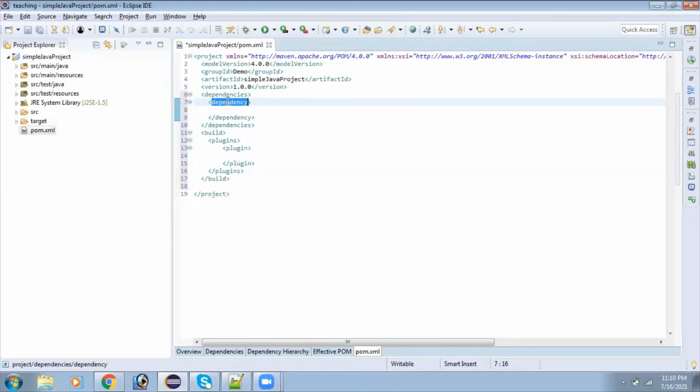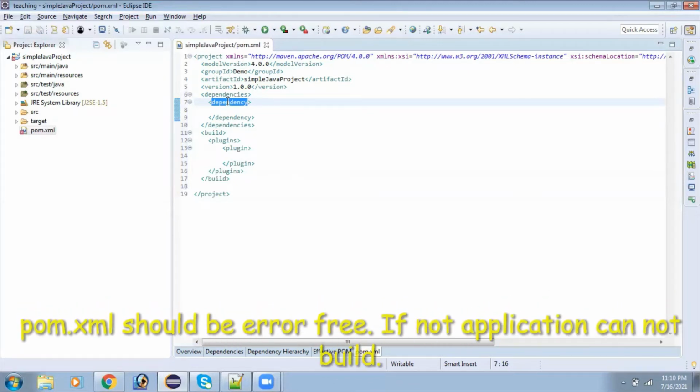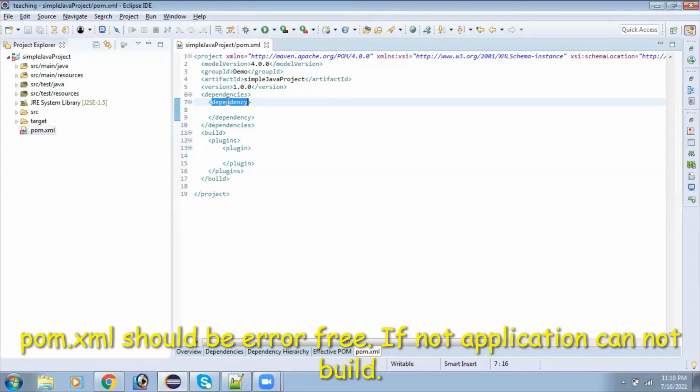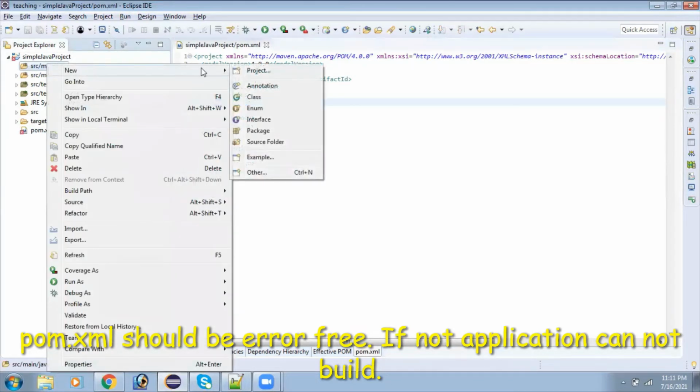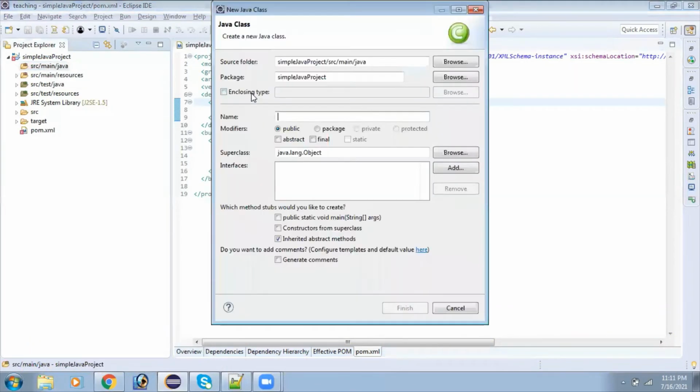In our example, I said we are going to create a small Java project. Now you see this error, but don't worry, because I am supposed to enter a few more things which I have not yet entered. Let it be there. We will come back to that. So here, right click and go to new, go to class. Just a simple program. I give the class name simple.